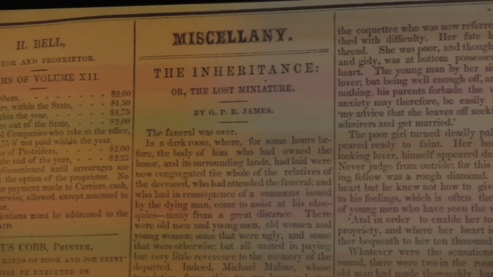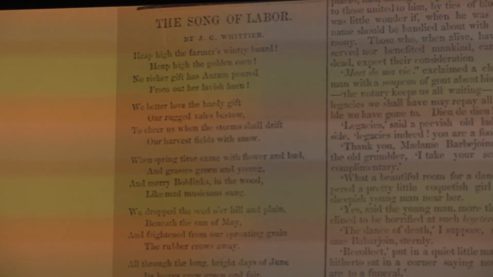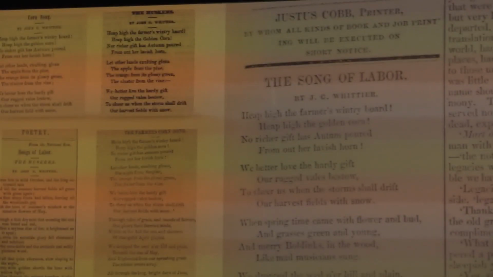They would have had fiction, serialized novels, short stories, short pieces written for the newspaper. And just about every newspaper in the United States would have had poetry, would have reprinted poetry. And this is also before any of this content in newspapers or magazines is protected by intellectual property laws. And so the way newspapers operated is that if I was an editor in, say, St. Louis, I would subscribe to newspapers all around the country, from New York and from Boston and from Richmond. And when they came in, I would go through them and I would find anything that I thought my readers might like, and I would cut it out and I would reprint it.